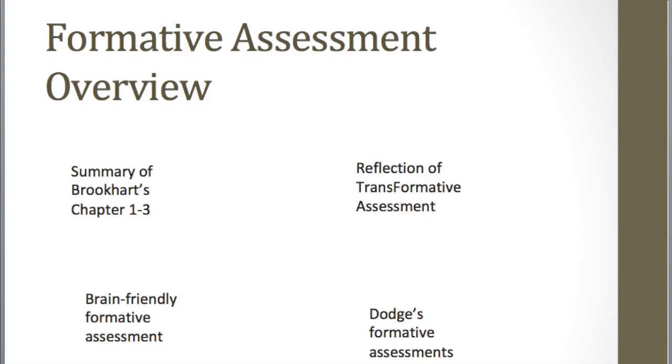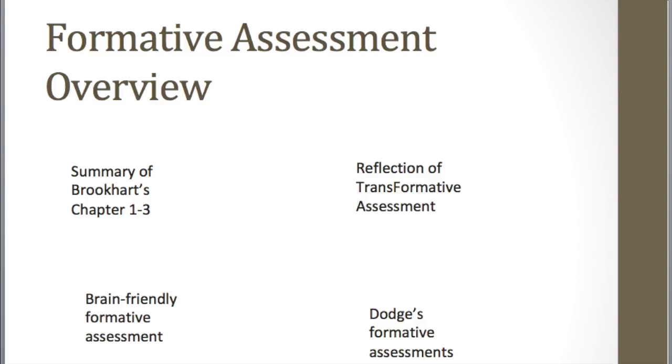Dodge's formative assessments. Dodge's book has created resources for teachers so that we can assess our students through different activities. In my reading class, I focus on quick writes for tickets out. These allow me to get quick feedback, adjust my lessons, and reteach the objective. However, I always struggle with coming up with more than just ticket outs and quick writes.